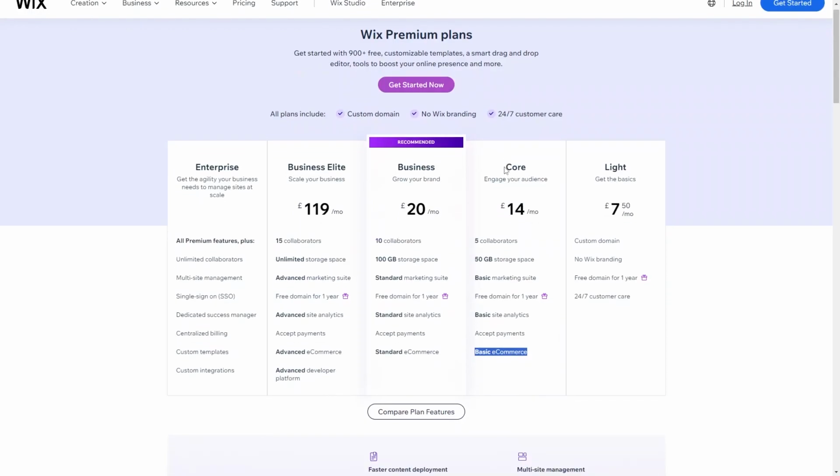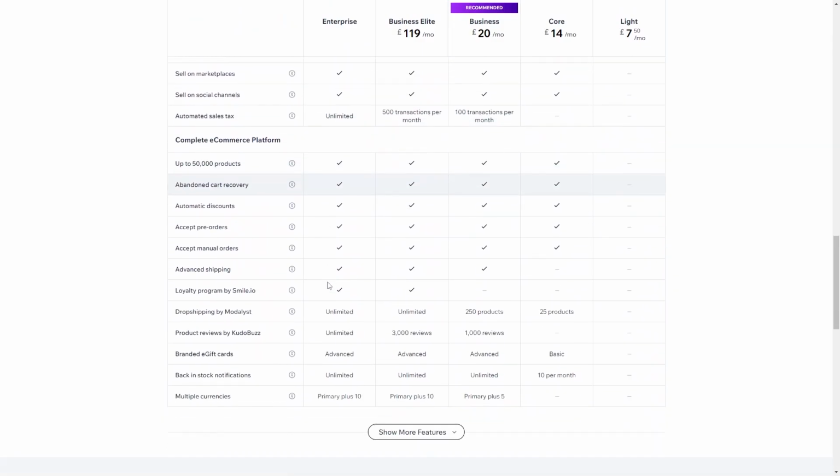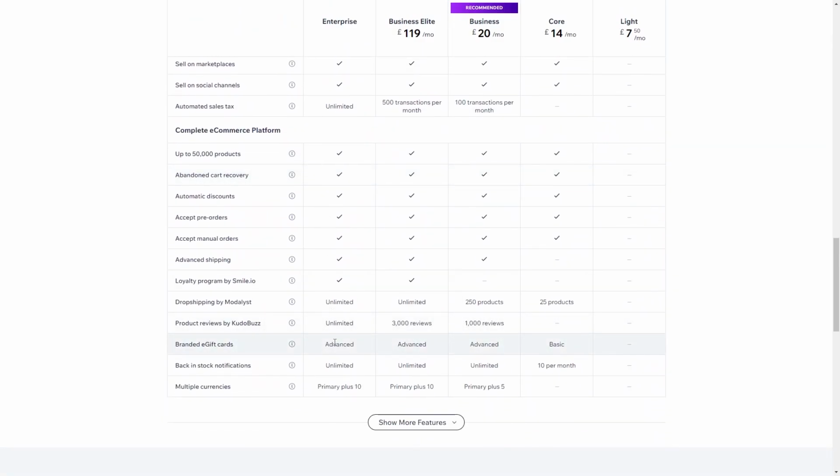If you are running a more complex e-commerce platform, then you're looking at quite high pricing, about £119 a month for advanced e-commerce features. And you can see again exactly what that entails. You get a lot of features for your e-commerce, but it is quite high pricing as well. Is Wix the right choice for you? It's a great choice if you are an individual seeking a versatile platform with extensive features and customization options. Compared to something like Squarespace, while it is cheaper, Squarespace might help you a bit more on the design front, because their designs are quite good and modern. However, if you are an e-commerce business,